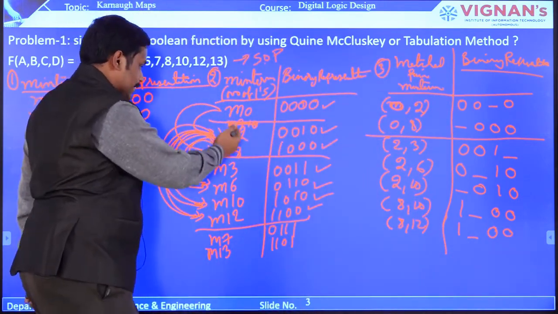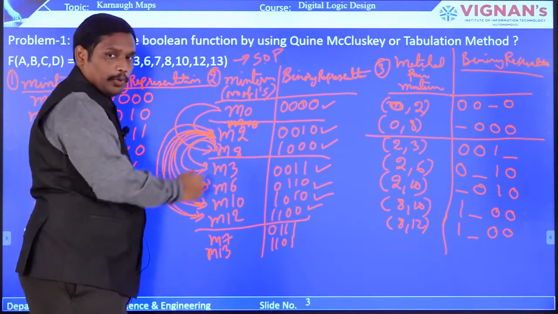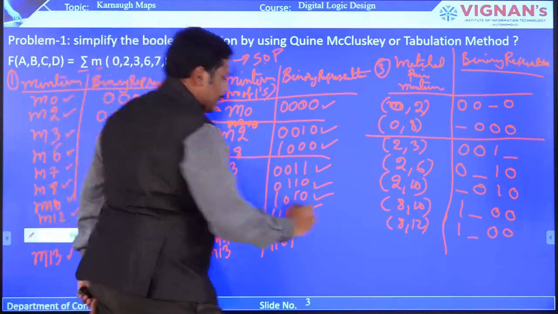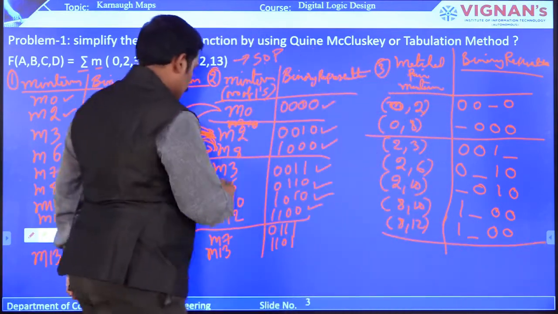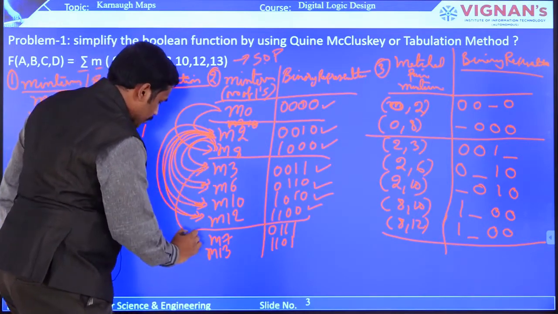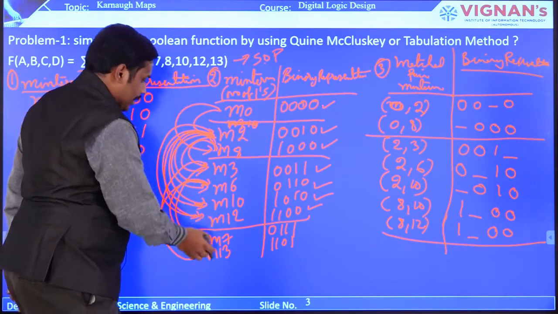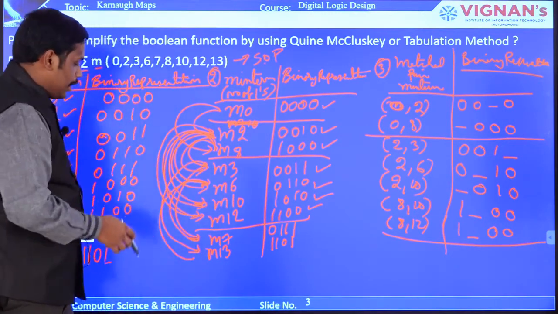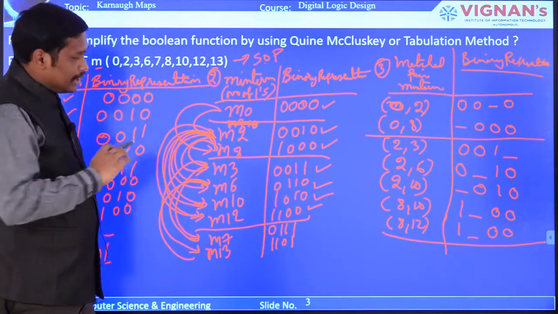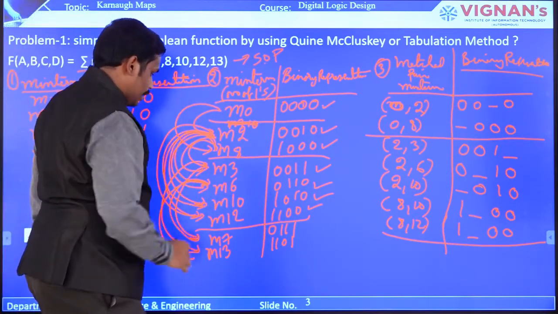And now by this the second group of the column number 2, table number 2, and the third group are all completed. All the matches have been checked and verified. And now next we are going to check for the next group, that is the third part and the fourth one. So you are going to compare M3 with M7, M3 with M13, and then M6 with M13, M7 and M13. So likewise M10, M7, M3, M12. So all combinations you are going to check. If there is one bit position change, then those things will be copied to the third table. Is it clear?